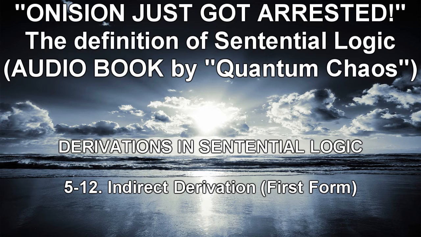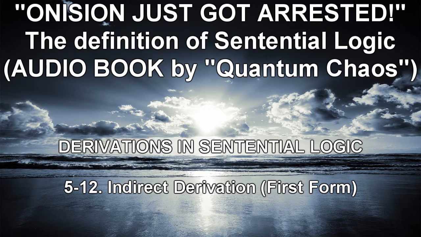This rule would work perfectly well, but it is not nearly as tidy as what we do instead. We choose instead to abbreviate the above chain of reasoning considerably, by introducing a further show rule, called indirect derivation, whose intuitive formulation is given as follows. Indirect derivation, first form, intuitive formulation. In order to show a negation ~A, it is sufficient to show any contradiction, assuming the unnegated formula, A.